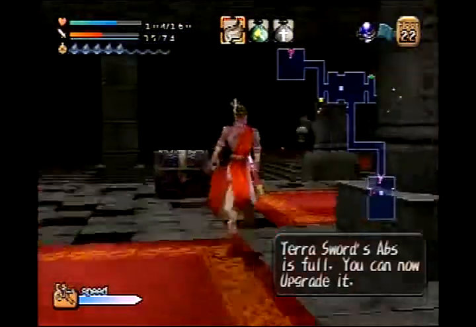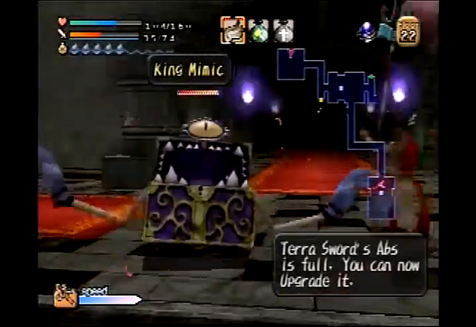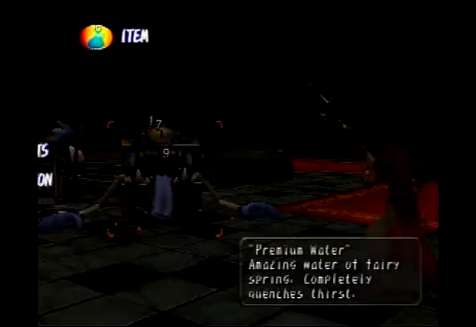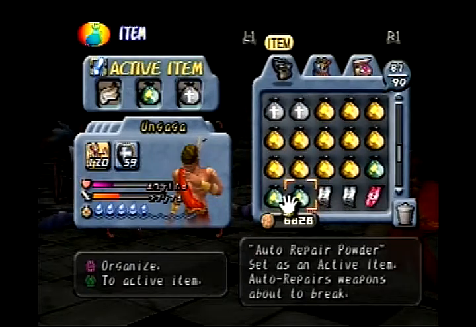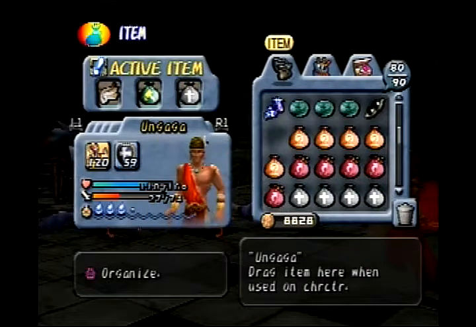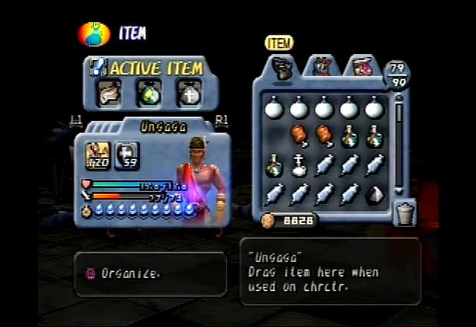Okay, its abs are full, but it's got four slots. King Mimic, King Mimic. Oh, this honestly could be a lot better. Because I'm having to fight three enemies now. A Black Dragon, I think I see an Alexander there, or something similar. Not going to be fun. I really don't care about Ungaga's thirst levels. In fact, I have a spare premium water, so...